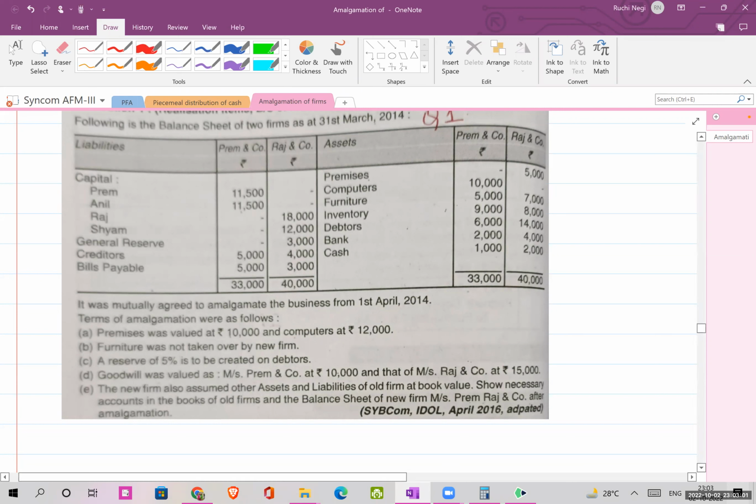Okay. So here's the question in front of you. It's a balance sheet of Prem and Company and Rajan Company. Together, after amalgamation, the new name of the company would be Prem Rajan Company. Okay. After amalgamation. Next, coming on to